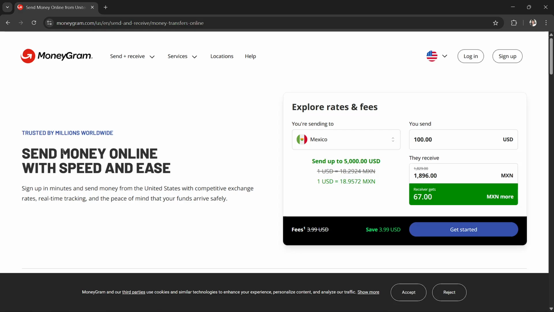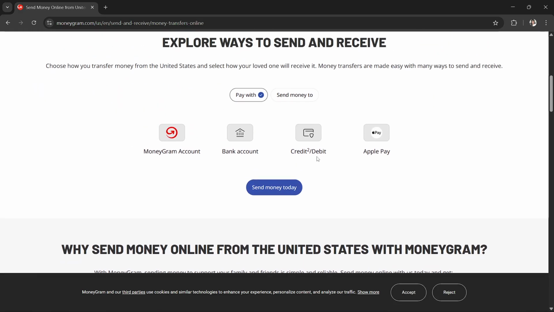Before starting, make sure that you have the recipient's bank details, and this will ensure that your money is deposited safely and efficiently. So after logging into your MoneyGram, what you will have to do is either click account online or open the app. And then what you will see here if you've successfully logged in is